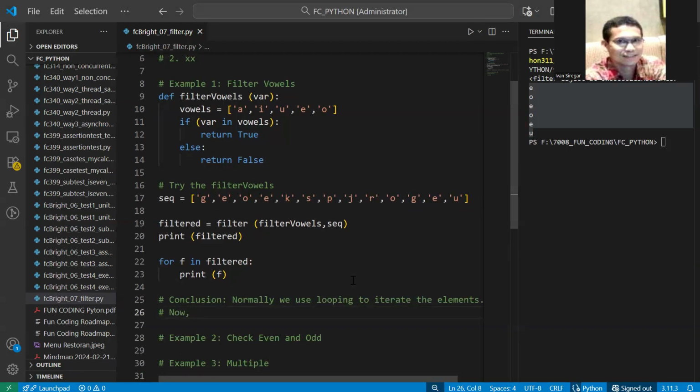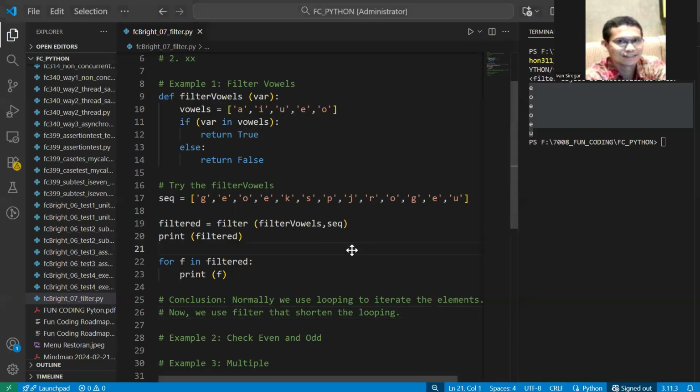Now we use filter that shortens the looping. So no more looping, but filter will replace all of the looping. So instead of looping with while or for, we just call the filter and everything will be looped for us. Okay, so that's it, the first example.